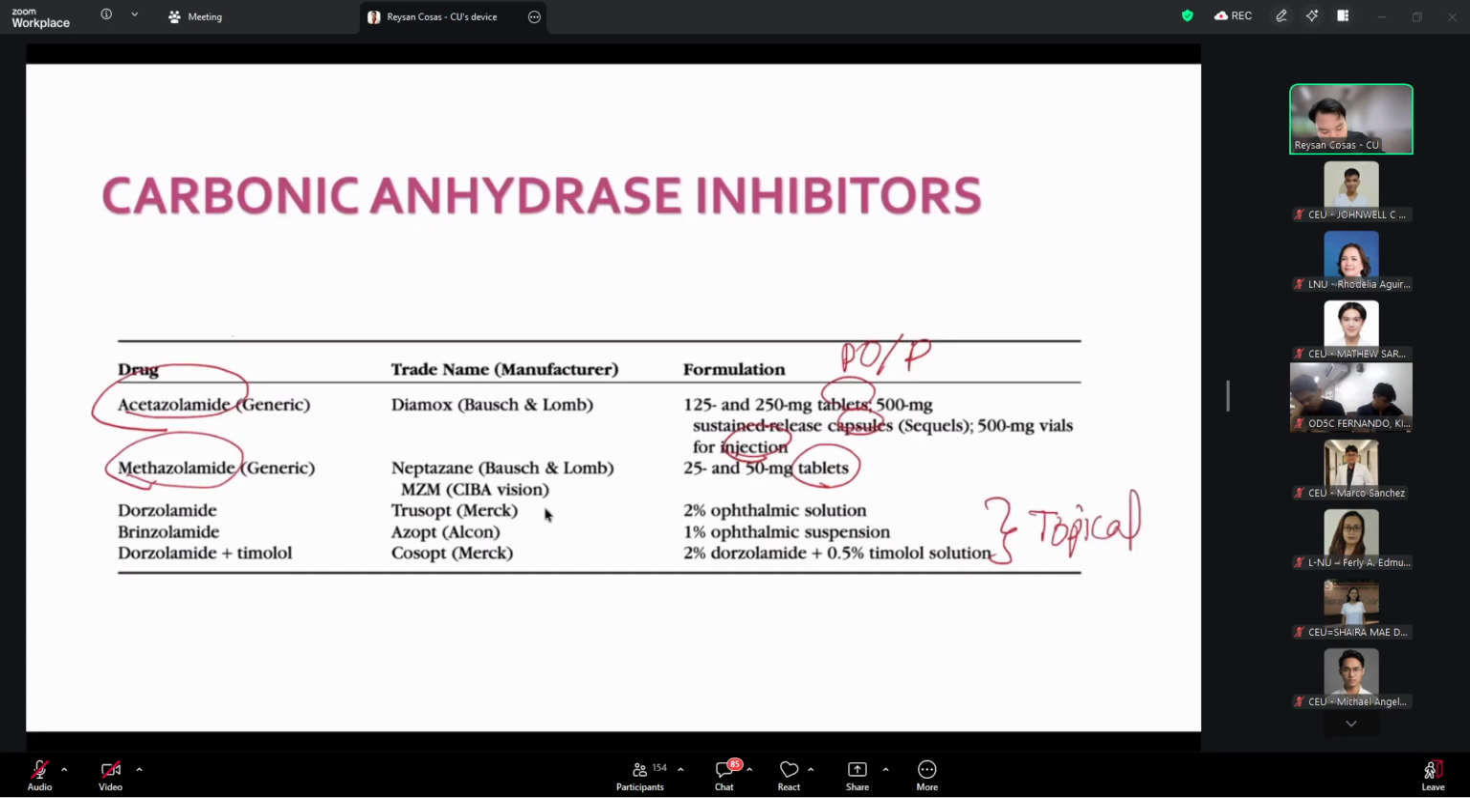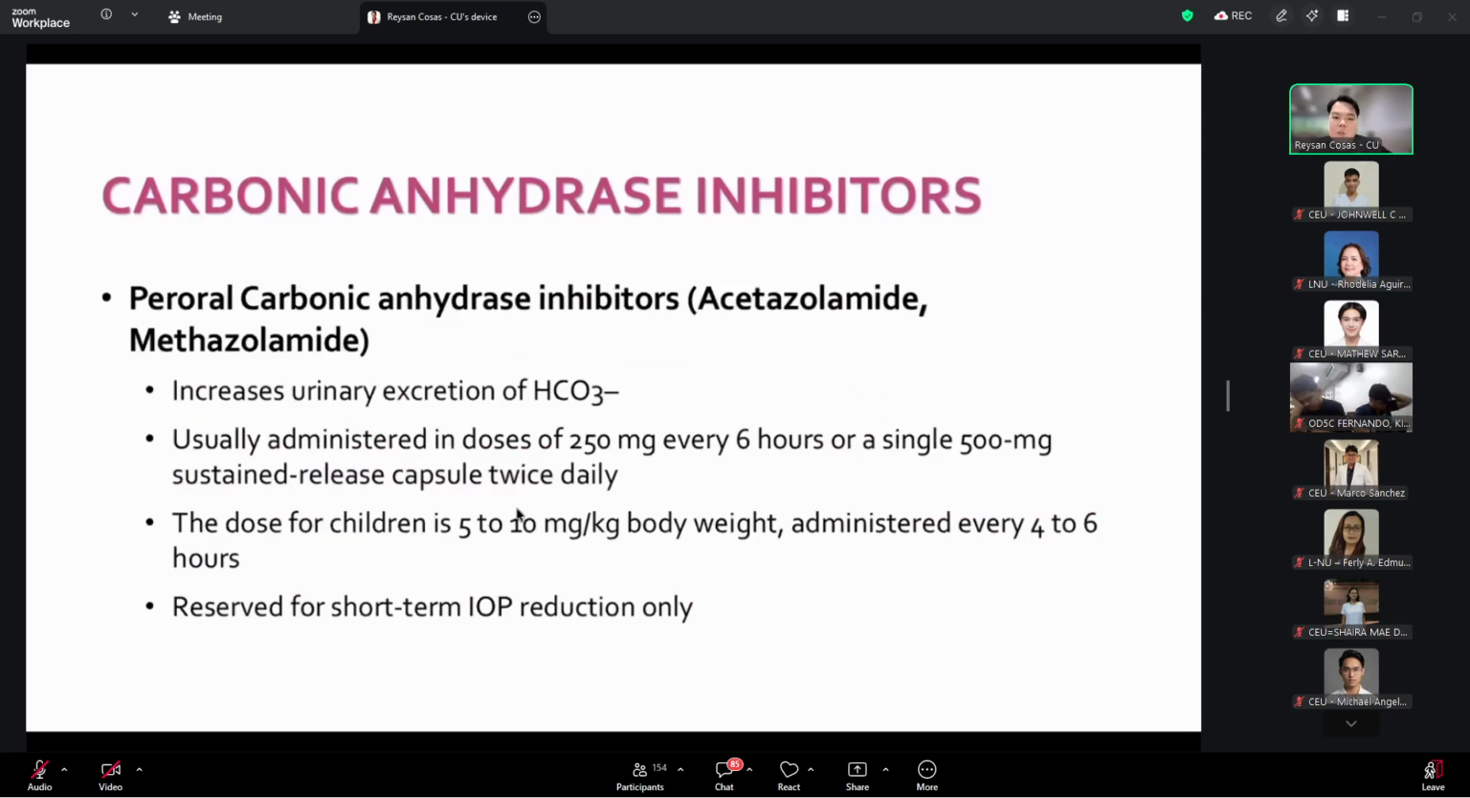Topical. So, sino yung mga topical? So, yung dalawa are systemic. Yung tatlo, okay, topical. Dorzolamide, brinzolamide, dorzolamide plus timolol. Okay? So, let's proceed first with the systemic ones or yung mga per-orally administered carbonic anhydrase inhibitors that include acetazolamide